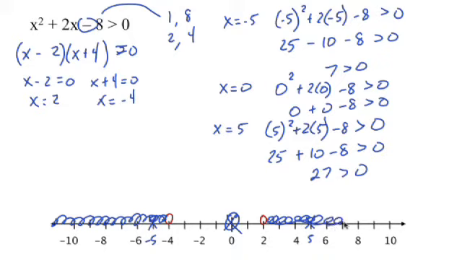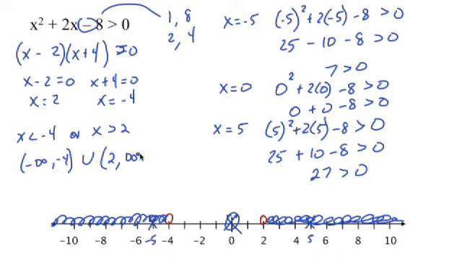So, to summarize, for majority of these inequalities, once you have the 2 points on the number line, the answer will either be between the 2 points, or it'll be these 2 outer regions, like this example here. Yep. And again, if you want to write this in inequality notation, this is going to be x is less than -4, or x is greater than 2. And if you want to write it in interval notation, just so we've done it every possible way, -infinity to -4, and that's a parenthesis, union with 2 to positive infinity. Right. Remember, a union corresponds to the or word.